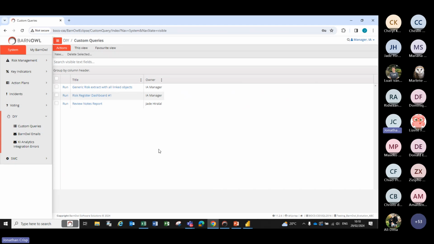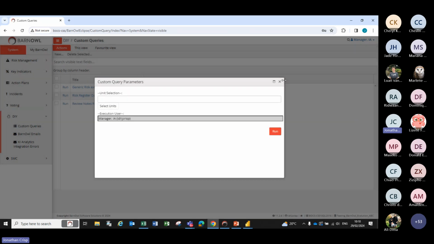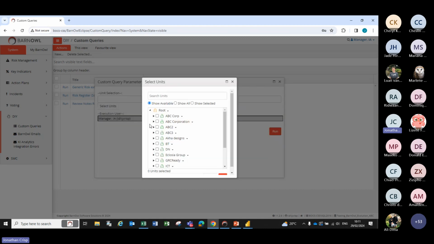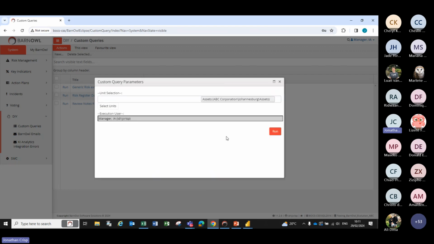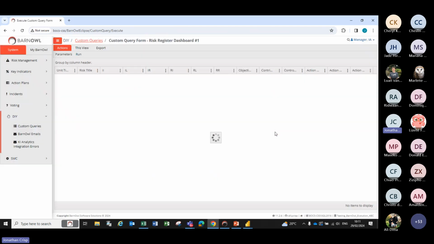So within the web interface, you've got the ability now to run a particular report or risk register. For example, you can export risk registers, but at the moment it just shows you what's in the register. But you've got now the ability to say, I want to actually pull, let's just go to where we were. We're just going to tick assets, for example. So it's all permission based. I can select the unit, and you can see I could have selected multiple units, and I want to run this particular